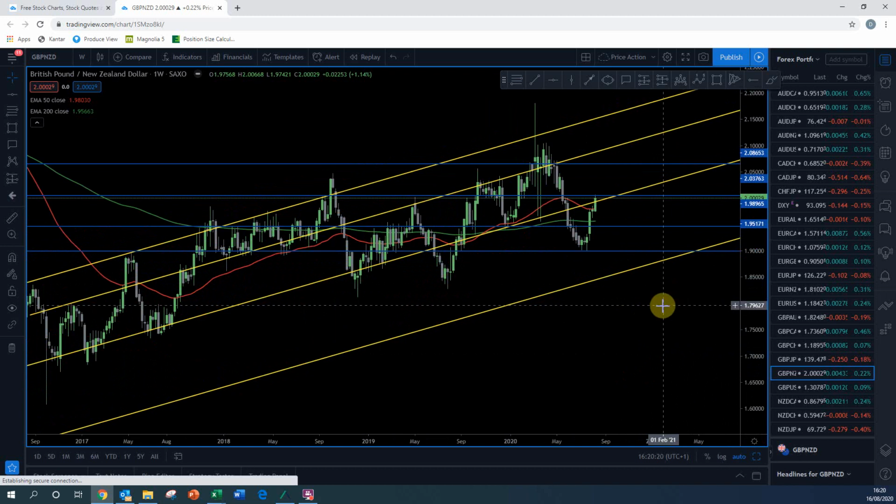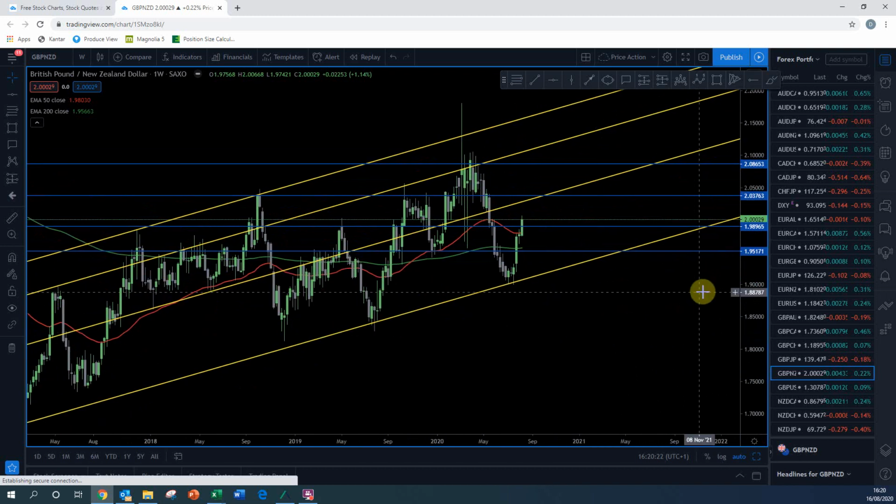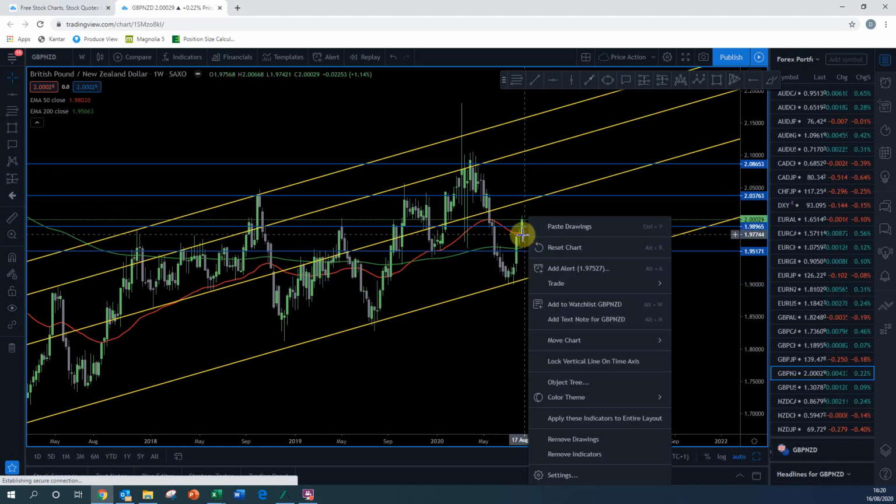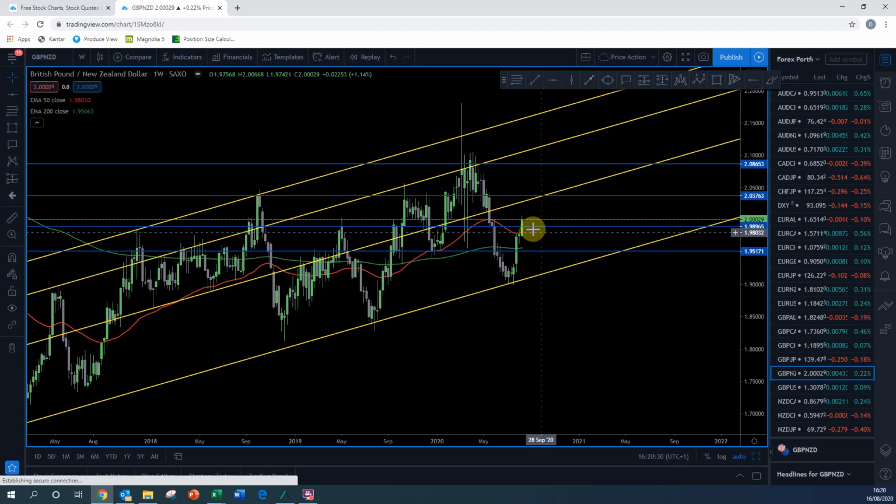We can then take this further into the pound New Zealand dollar. Again, a very similar picture. We can see it's recently had a channel bounce, had a lot of upwards momentum, and has broken a resistance level. We could see that slight retest and for it to continue upwards, which is what I'd certainly expect to see anyway. But we can just see that the New Zealand dollar is looking quite weak across the board at the